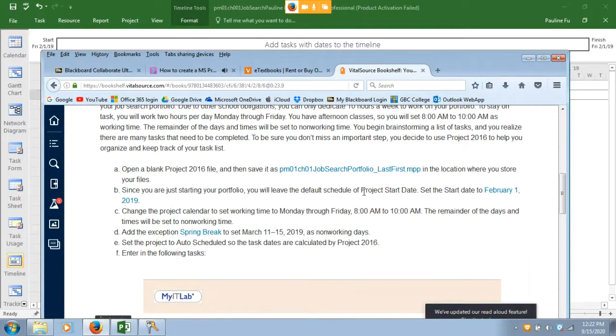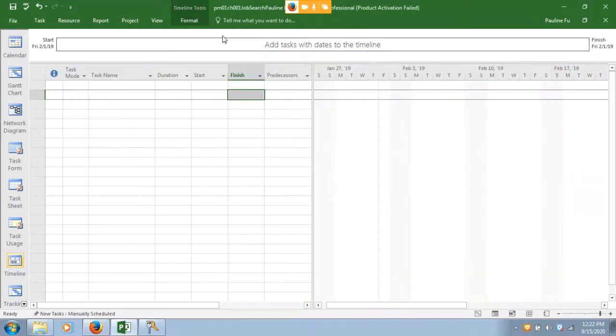Project start date. Step C, change project calendar to set working time to Monday to Friday, 8 a.m. to 10 a.m. The remainder of the days and times will be set to non-working time. So step C. Okay. So I'm going to click